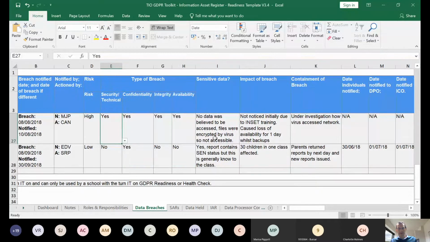Then you would look at the sensitivity of the data. Is it just personal data? Is it personal sensitive data? Is there anything in there like biometric data or fingerprint scans, which are even higher risk? We need to understand what's